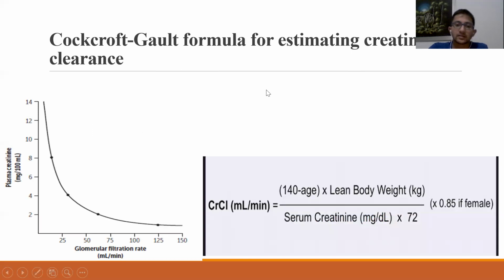Creatinine. Creatinine is a substance that is naturally present in our blood because it's a product of the breakdown of muscles, and the formula has to take into account the body weight, the gender, the age, and those sort of things. The formula looks a bit more complicated, but we don't mind it because it's not invasive. It's naturally occurring. It can be much more easily measured. The only issue with